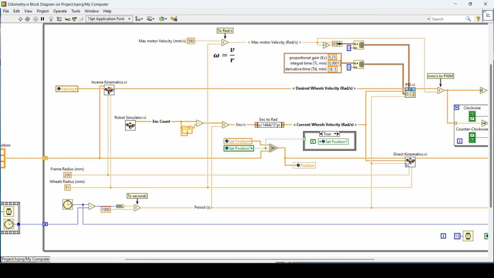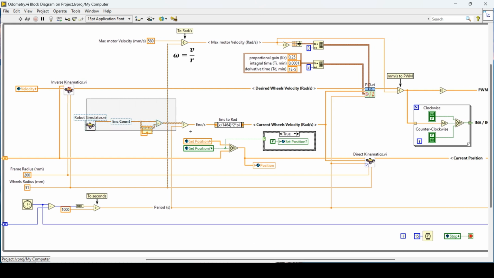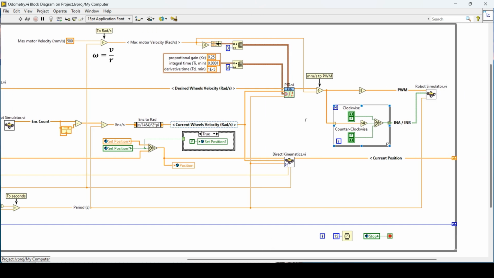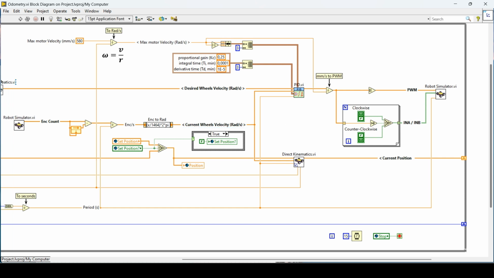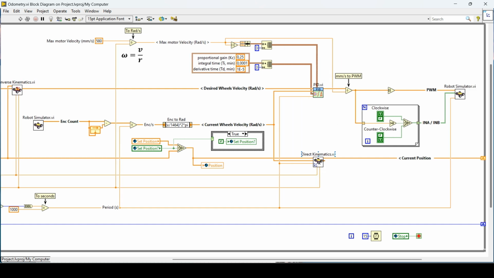This velocity would be applied to my inverse kinematics, so from global to local. Okay, and here I'm measuring the current speed of my robot, and I'm comparing the one I want with the one I have applied to my PID, and my PID determines how much speed that later will be converted into PWM, how much to apply to my motor in order to have the speed that I want here. Okay, so here's an example of a simple odometry system with a direct or forward kinematics and my